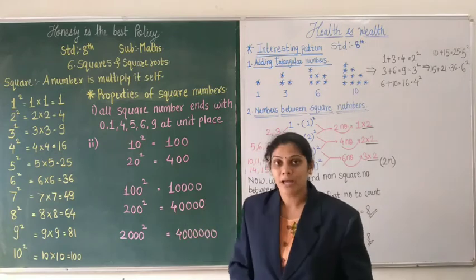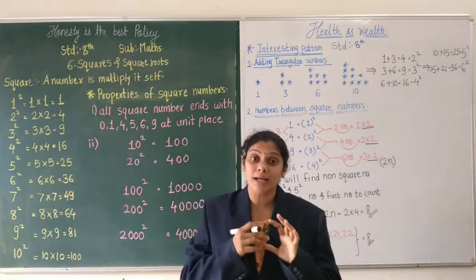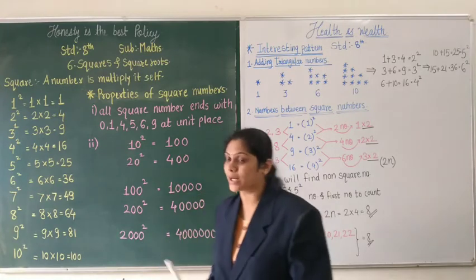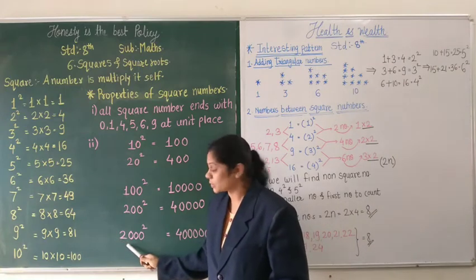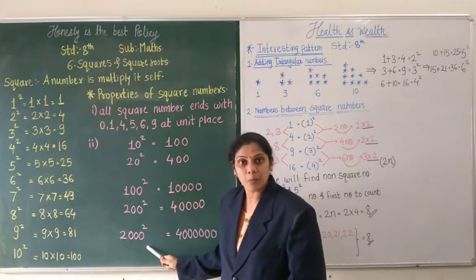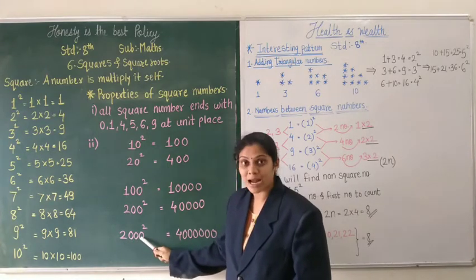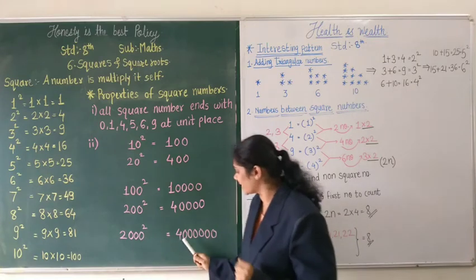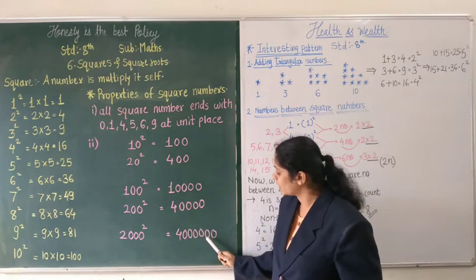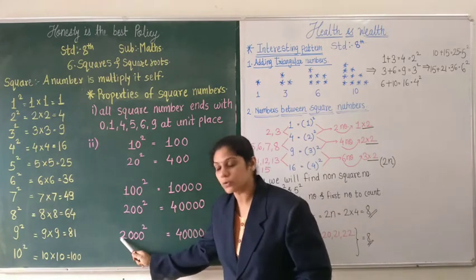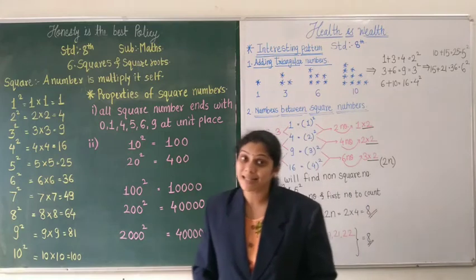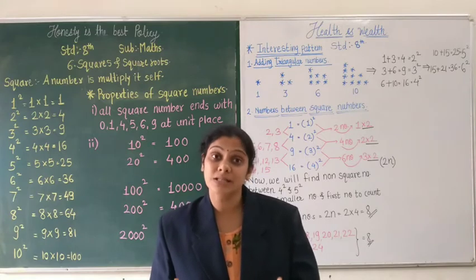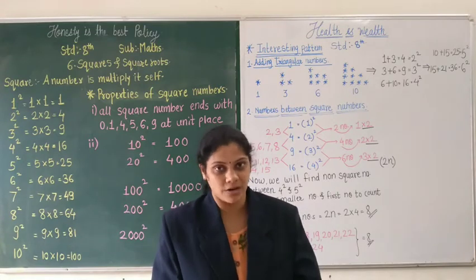It is 4. Like that, we can write the squares of different numbers which have 0 at the unit place. Look here at one more example. We have to find the square of 2000. How many zeros are there? 1, 2, 3. And twice of 3, that is 6. So we have to write 6 zeros. Look here, 1, 2, 3, 4, 5, 6. And what is the square of 2? It is 4. So like that, we can find the squares of numbers which have 0 at the unit place or tens place and hundreds place also.